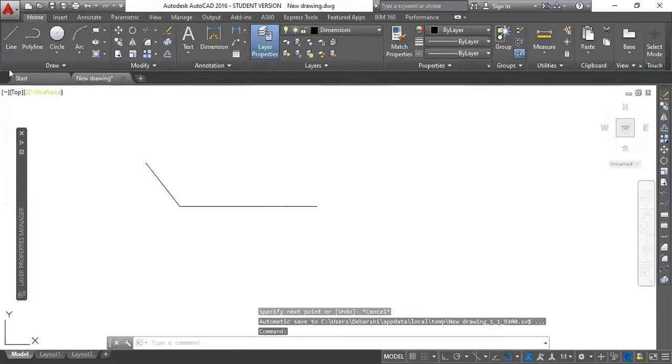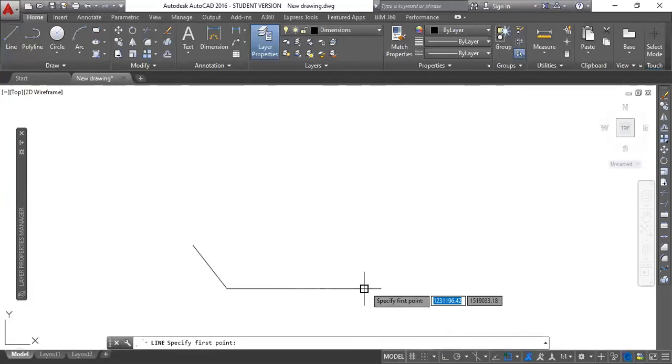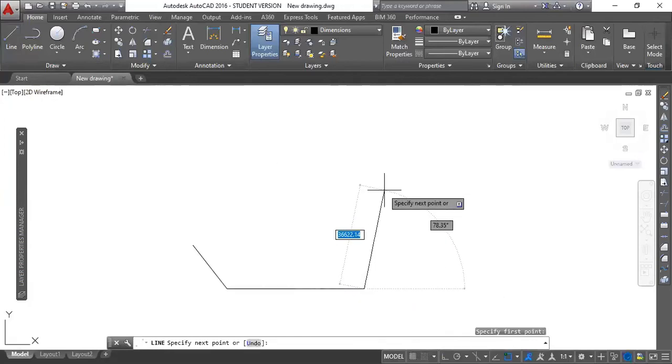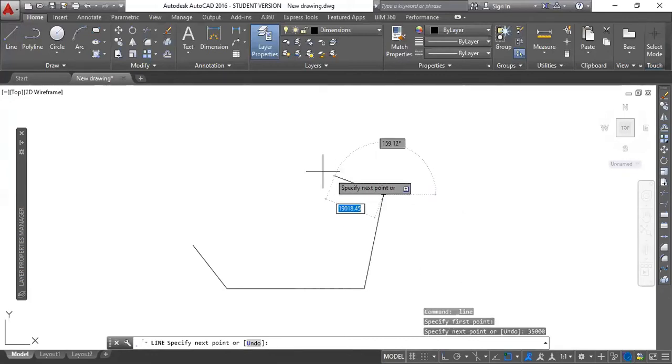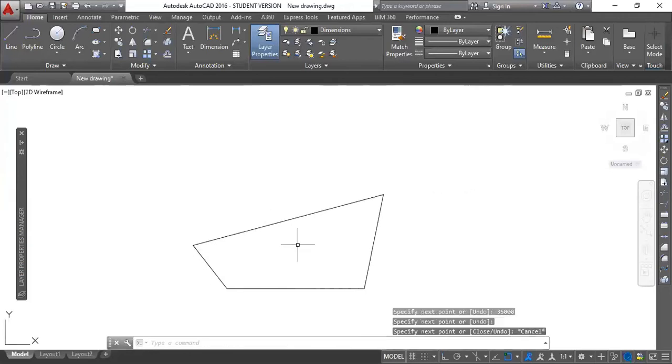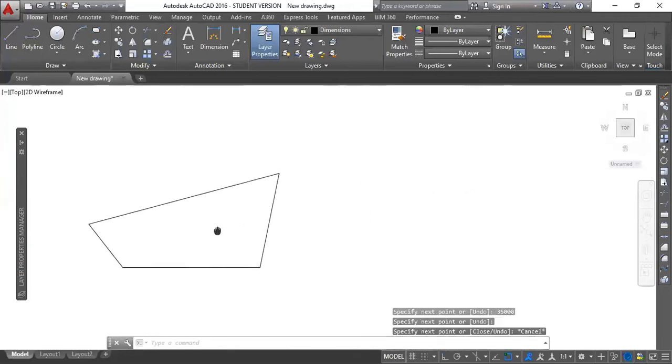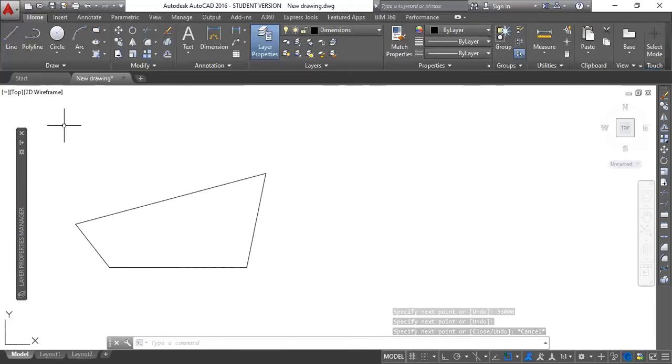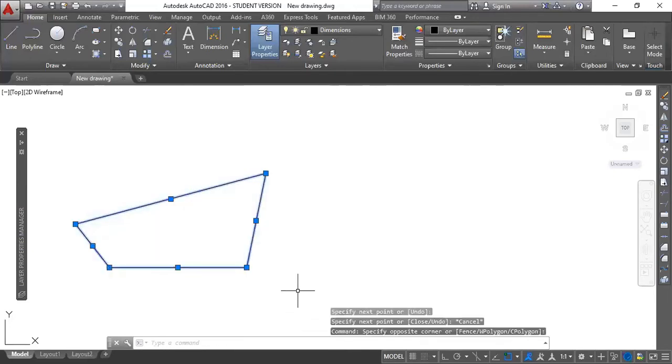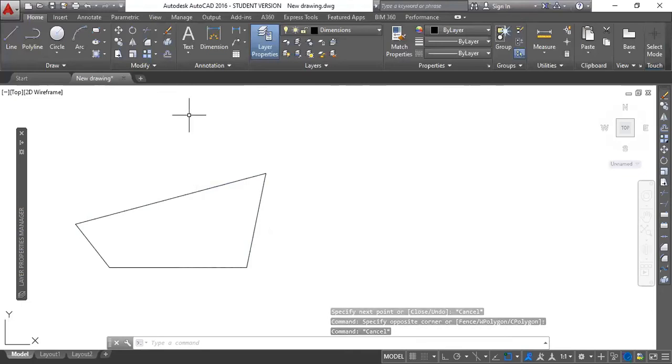Okay, so 20 meter. This side, how much do you want? Random. Let's say 35 meter. Okay, and this is my plot. So this is the exact plot, or the actual site plan, site boundary you can say, and I'm going to recreate it with the information available with me.